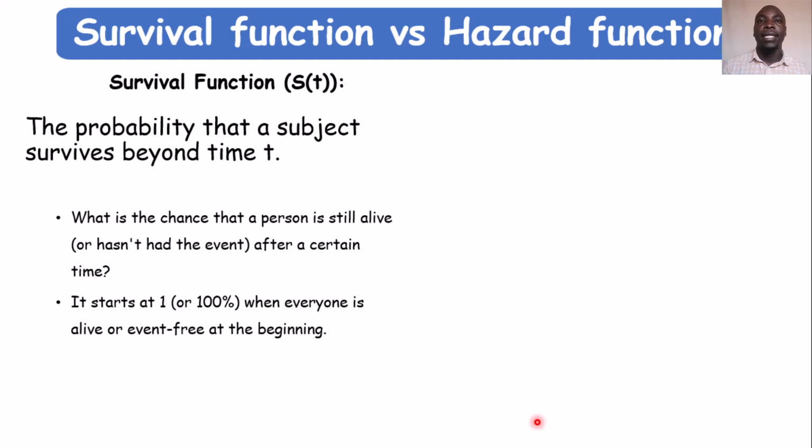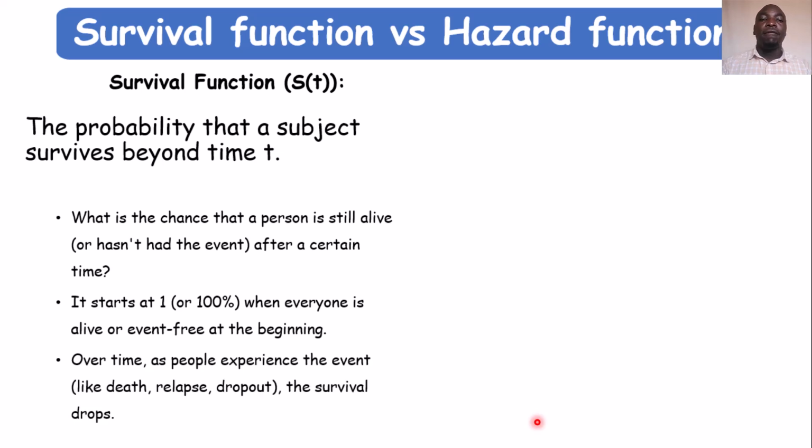If you are looking at death, everyone is still alive. If you are looking at a positive event like recovery from malaria, everyone at the start of the treatment has malaria. And over time, as people experience the event, like death, relapse, dropout, or recovery,